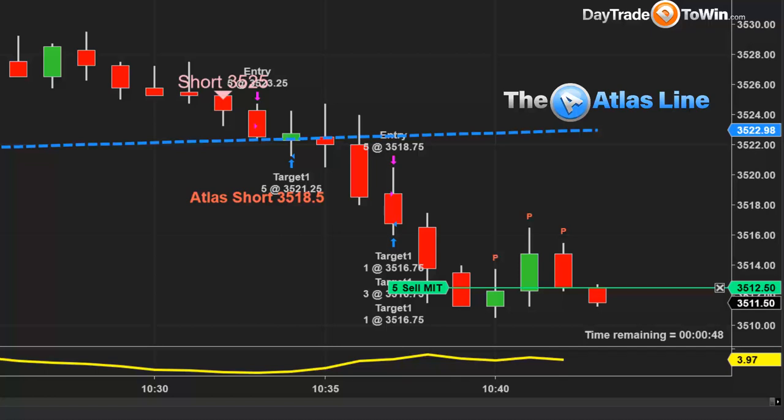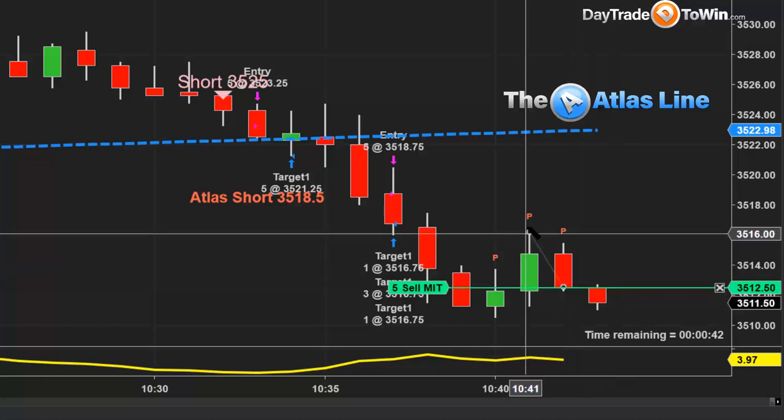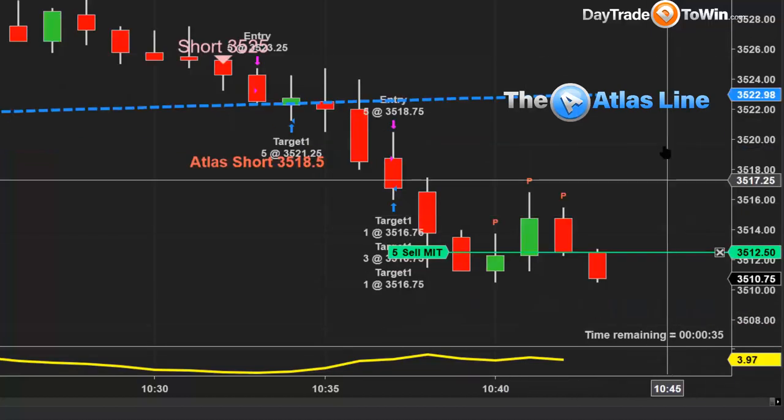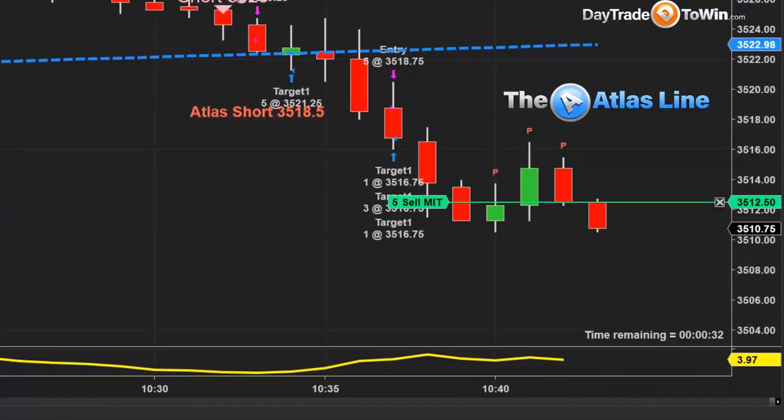Order submitted. All right, let me see if I can get an exact entry instead of just jumping in at market. And let's take a look at the risk. The risk on this trade, I use what's called a pivotal stop. It cannot be more than 5 points based on the current conditions. So really the goal is to get filled correctly, have a stop that's reasonable based on the current conditions. I use that ATR, that yellow line there that says 3.97, which is about 4 points. And you want to have a target that's reasonable as well based on those values. You can't trade the same way when the market is slow in comparison to when the market is fast. So know the type of environment you're in when you're trading.